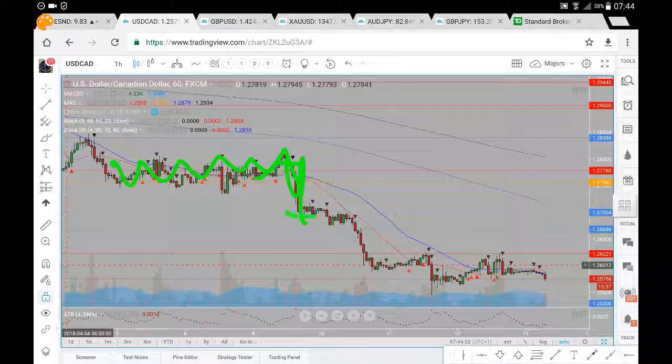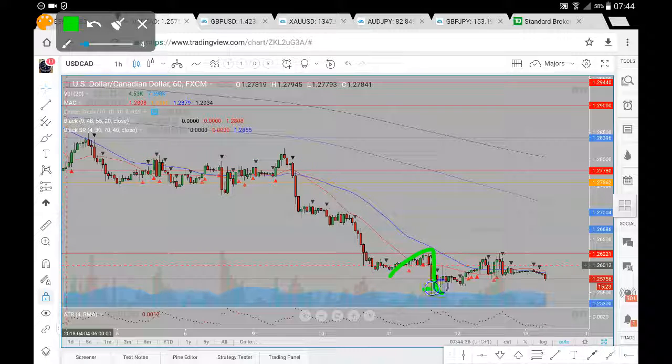Had a brief move upwards, saw a successful break from which we then headed down towards our 127 level. From 127 we headed down towards 126.70. Successful break from which we headed down towards 126.22. Tested 126.22, a very strong major level here, marked out in red from underneath, from which we didn't see a